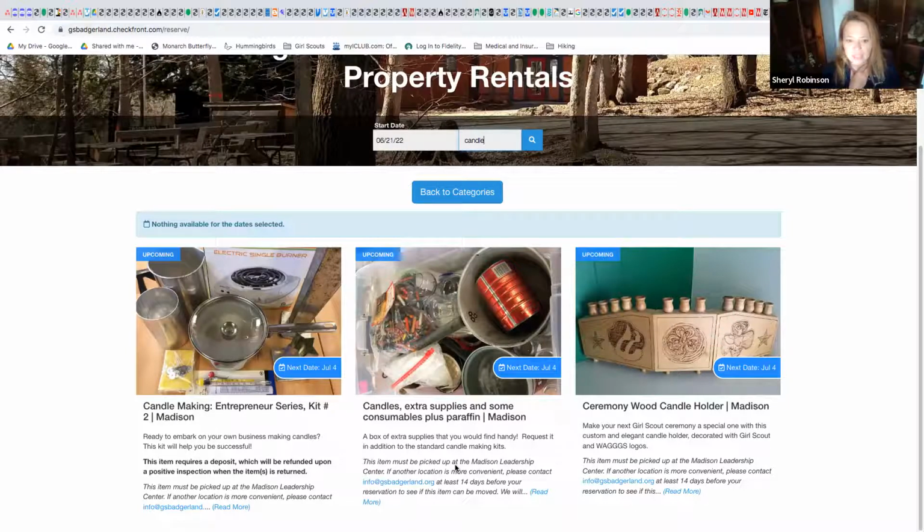If they don't have the extra supplies, when you're preparing, so you order the kit, is there a list when you're ordering the kit that says the disposable supplies that you will need are XYZ? Excellent question. So let's drill down on